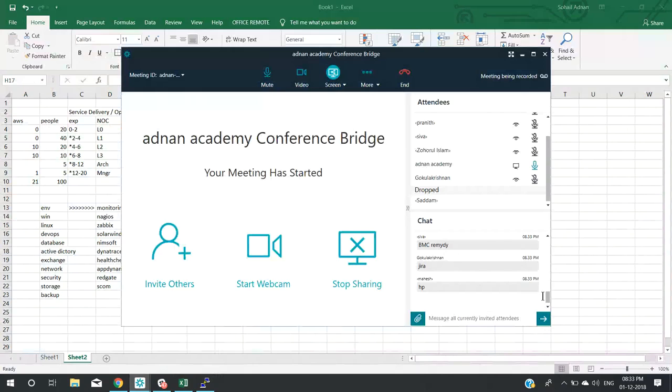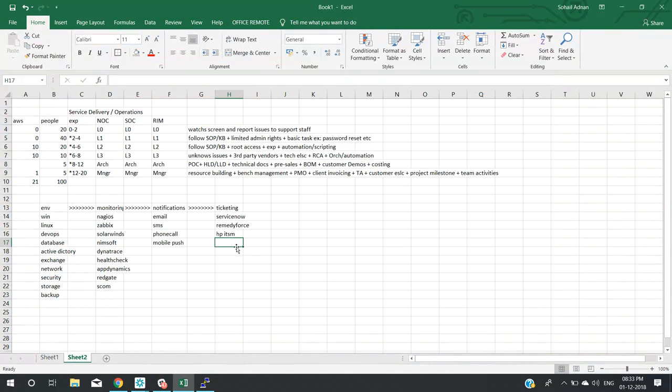Remedius. Jira comes in DevOps. What else? Zendesk. Freshdesk. Some of the ticketing tools that we have here. Remedy Force. And then this is connected to